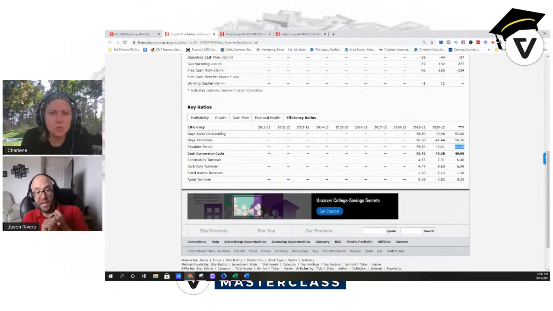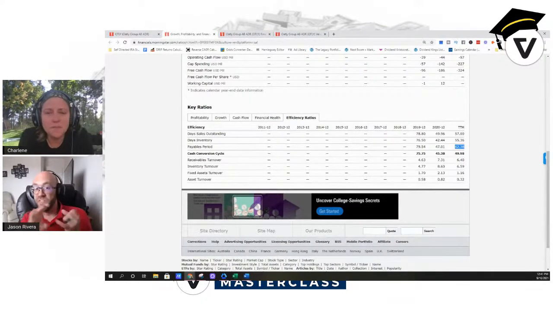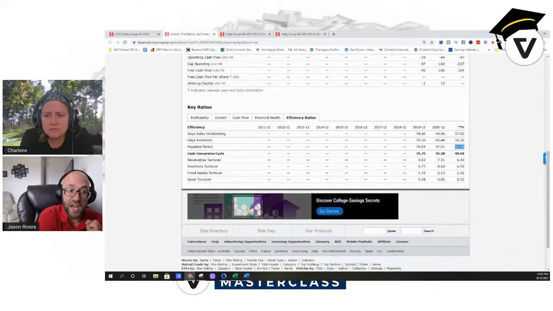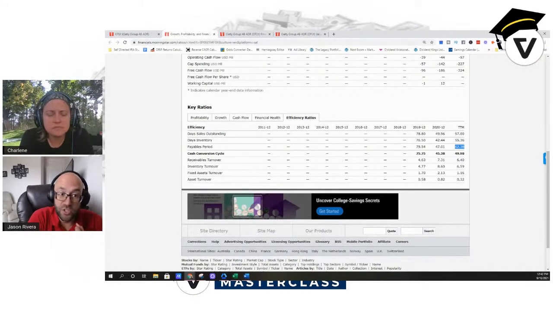Either their suppliers are saying, you need to pay us faster because we need to get paid faster. Their credit could be going down. Yes, their credit could be worsening. I don't know if that's the case here, but their creditors or their suppliers may be saying, we need to get paid faster because we need the cash for our business purposes. It could also mean that they may have missed payments and they're being forced by their suppliers: you are going to pay us faster or we're not going to work with you. That could be a thing as well.